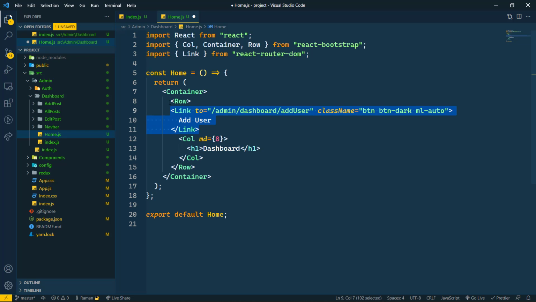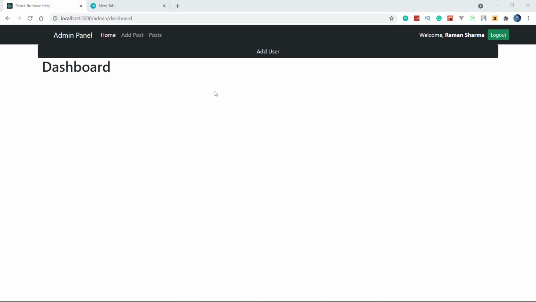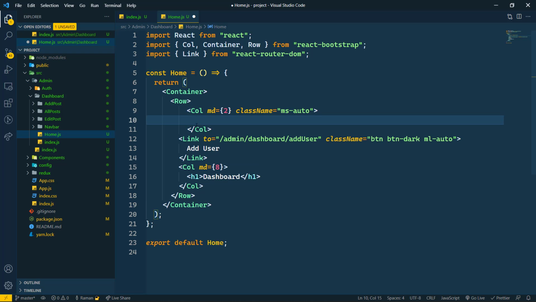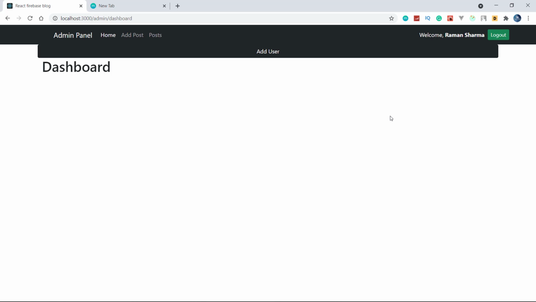Actually I am adding it below the row. Yeah, for the row it is working, but not perfectly. So I'm going to make a column, and column md2 is better. I'm going to close the column like this, and for this I'm going to set the class name, and that will be ml auto or margin start auto. So this should work now. Here we don't need any margin. Save this, and this should work properly.